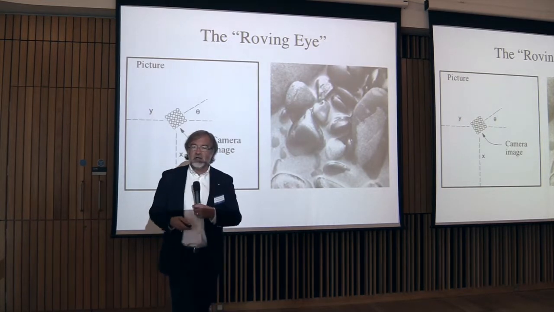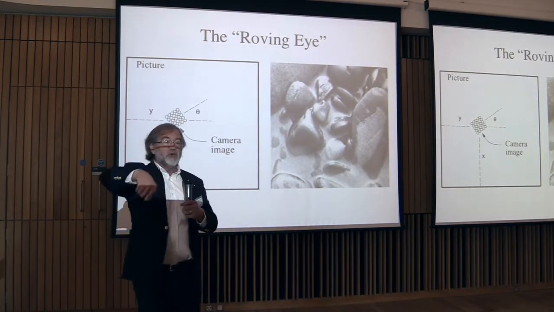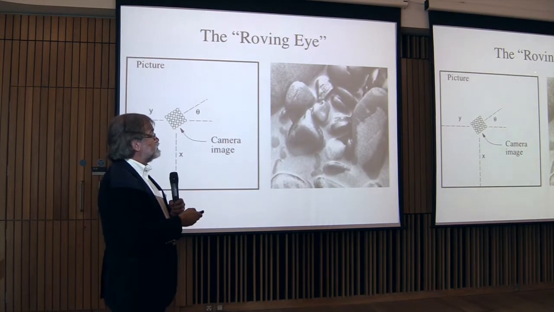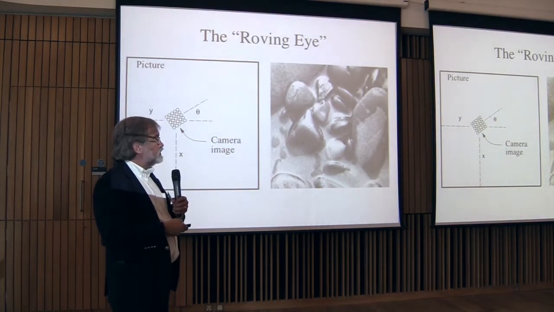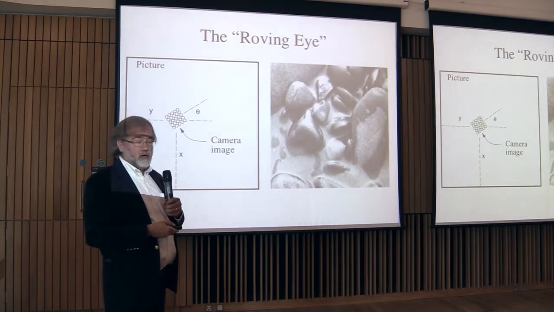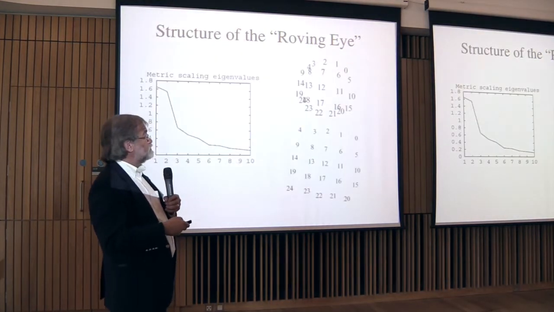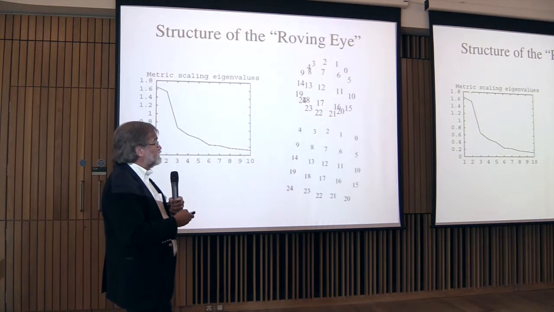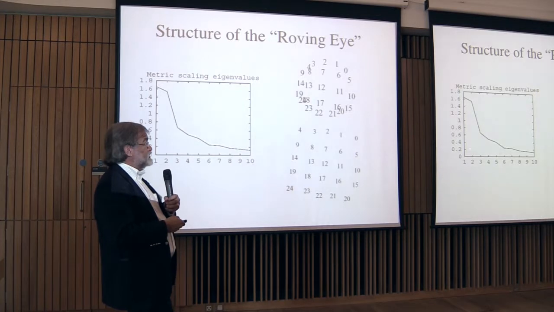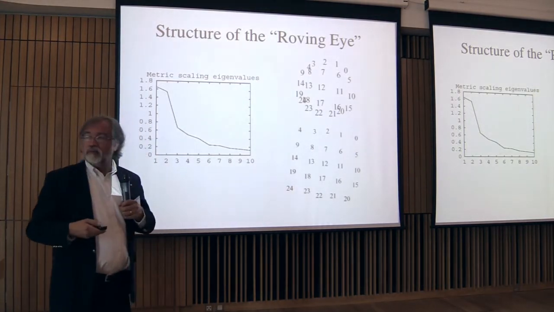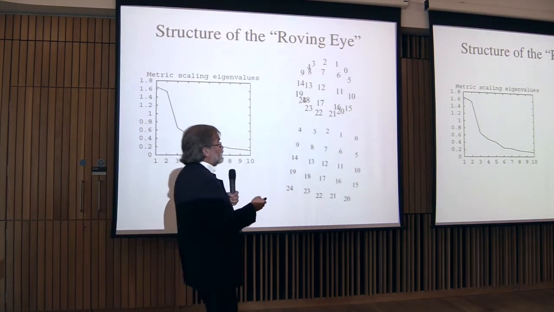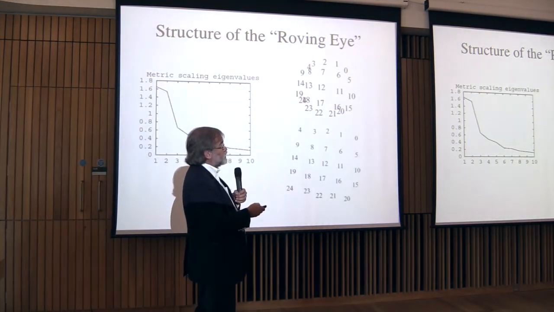We also decided to try it on something that wasn't so ring-shaped. So we defined the roving eye as a low-resolution rectangular retina that would move around this photograph. And in this case, our eigenvalues, the top two were much higher than the others, but as you can see, there's an awful lot more juice left over in the upper eigenvectors. So the projection of those 25